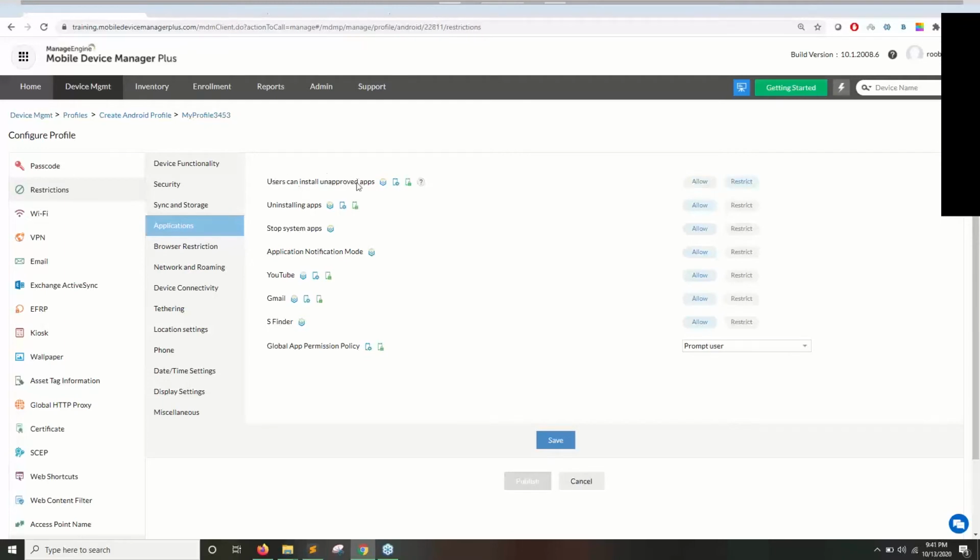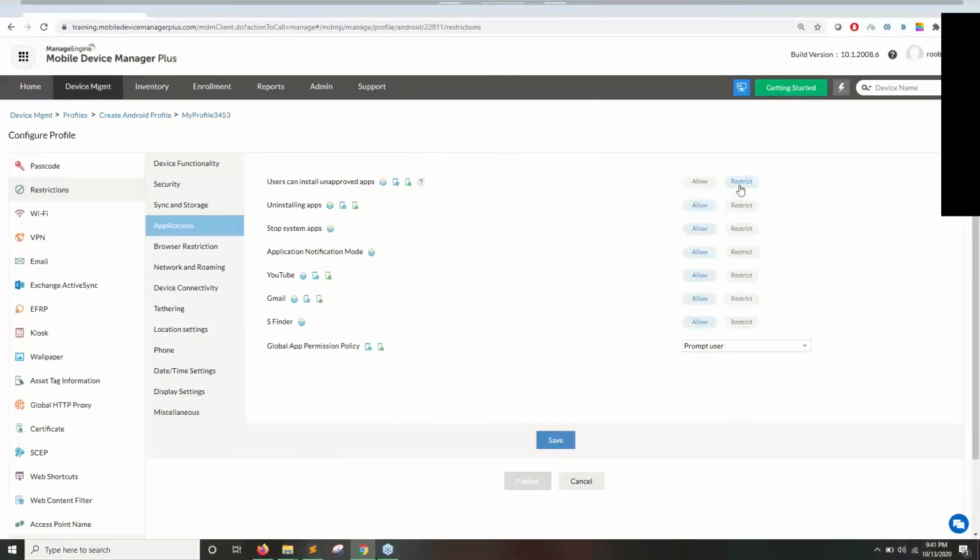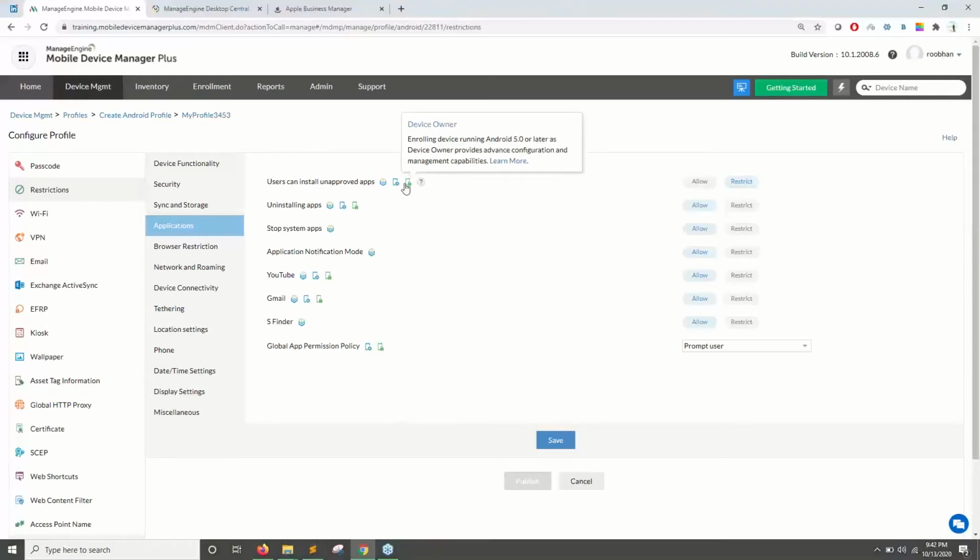So this will restrict the unapproved applications on the devices. And moreover, if the user has installed any other application before, even that will get disabled if you enable this restriction option, meaning whatever application you distribute through our MDM will only be working on the device end. So the rest of the other apps will be disabled for the user. And moreover, this will only disable, but if you wish to remove the unauthorized applications on the devices, then you could go to inventory,